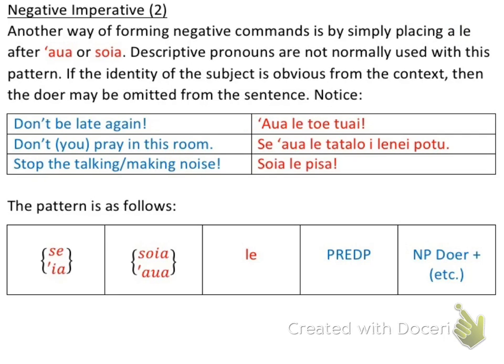Don't you pray in this room? So if I wanted to, I could say you, but again, I'm just going to take that out. So say soia, so I'm using that one and I'm using that one. So stop, I'm saying don't. I keep wanting to use stop, but I'm not. I'll do that the next one. Say awa, and then lay comes next, and then my predicate, and then my noun phrase doer. This is not in that sentence, and this room is the predicate phrase, wherever the place is taking place, wherever the sentence is taking place.